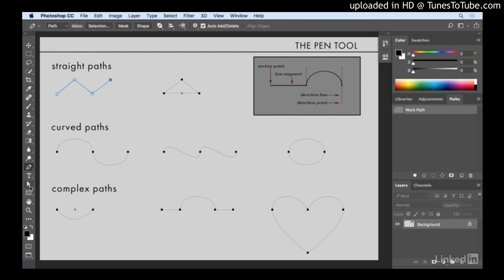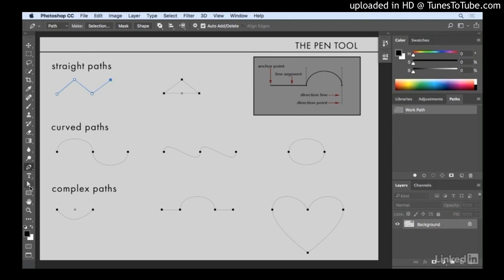So I'll select the pen tool from the toolbar, and I'm going to make sure that I'm just drawing a path for right now. Now, when you draw with the pen tool to create a path, if you just click, you're going to set down an anchor point, or some people call these control points. If you click once with the pen tool, you get the anchor point. If you click again, you get a straight line. And if you click and drag, you actually create what's called a direction line, which starts the curve that you're going to continue with the next point.